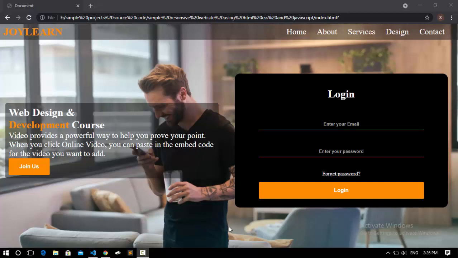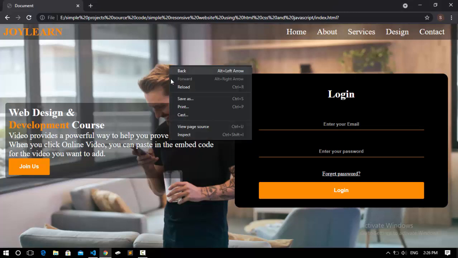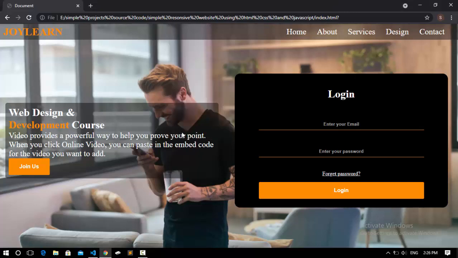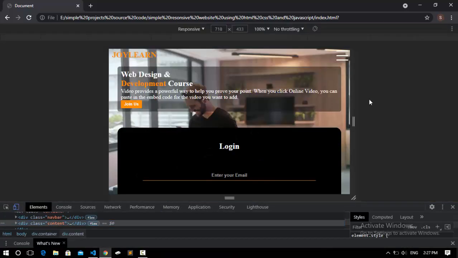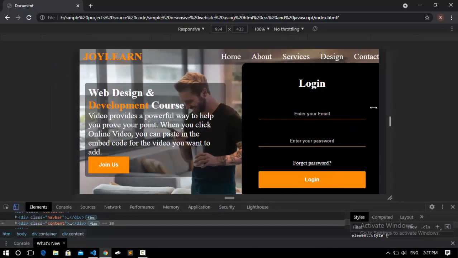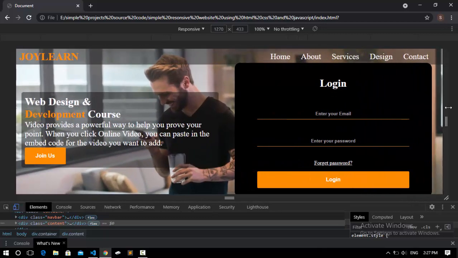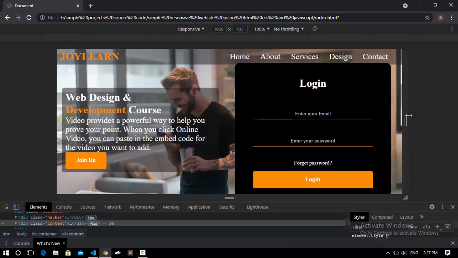Welcome to Joyland, and in this tutorial I have created a website using HTML and CSS and a little bit of JavaScript, which is fully responsive to any types of devices. If you see that I have designed it like this and put some effects on, and if you want to check it's being responsive, you can right click on the web page and go to inspect, and here you have to click on a toggle device, and here you will be able to increase and decrease your website or